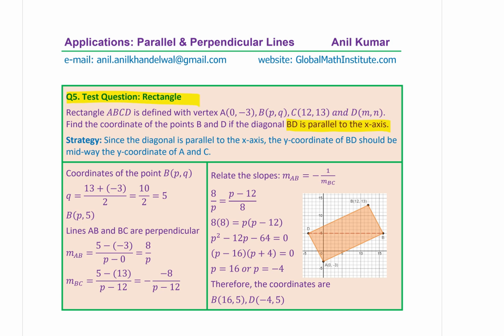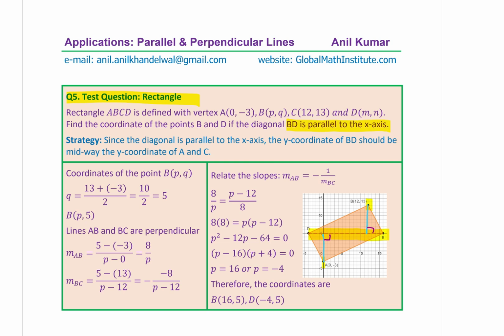So here is a diagram for you. We have a point A, which is (0, -3), and point C, which is given to us as (12, 13). And then we know that the diagonal BD is parallel to the x-axis, so we have drawn a diagonal parallel to the x-axis. Now clearly, when you notice such things, if you look into the perpendiculars from the two points, you will notice that these perpendiculars,